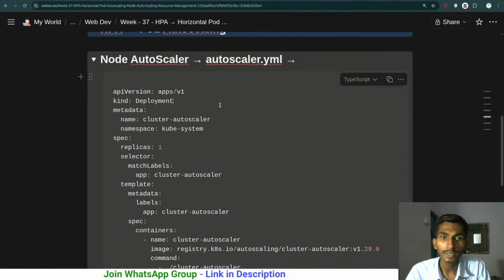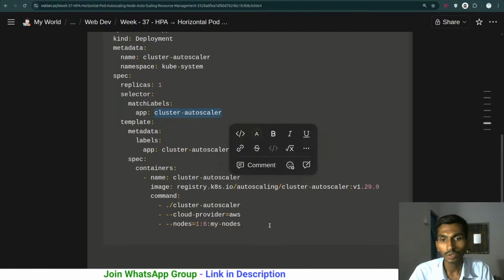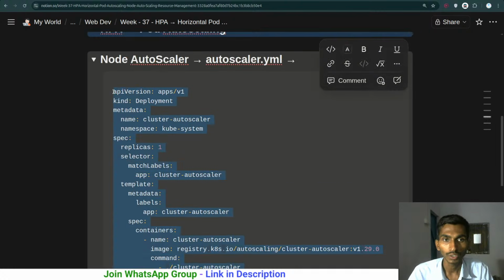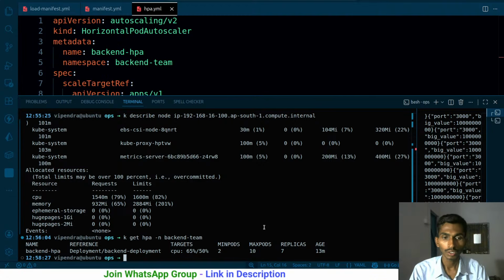So we have to create a deployment, the cluster deployment. It has replicas 1, so it will have only one replica. Cluster Autoscaler will be mainly used for auto-scaling the nodes. So let me do one thing, autoscaler.yml. This will be responsible for auto-scaling the nodes. So vi